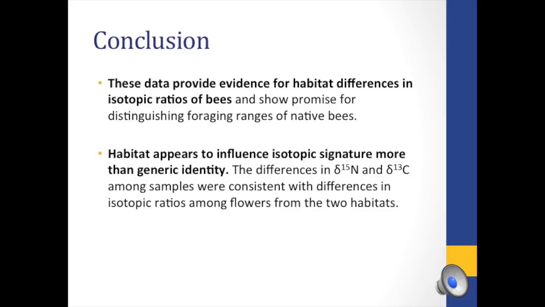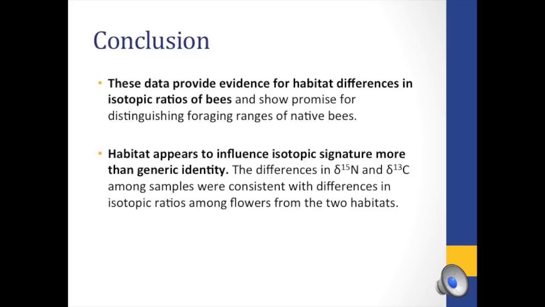Well, these data provide evidence for habitat differences in the isotopic signatures of bees, and it shows promise for distinguishing the foraging ranges of bees. And it also tells us that habitat appears to influence isotopic signature more than generic identity. So basically, what this study is saying is,